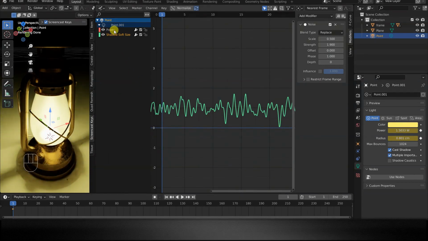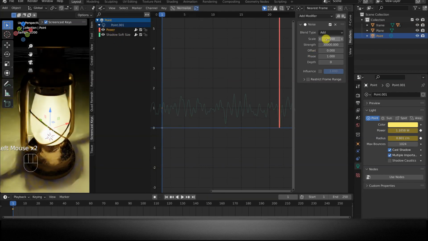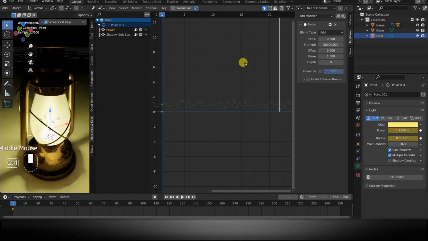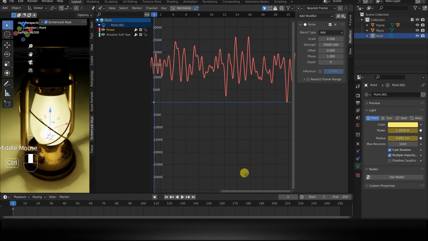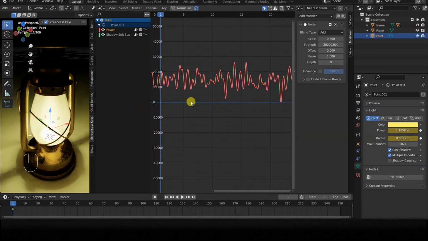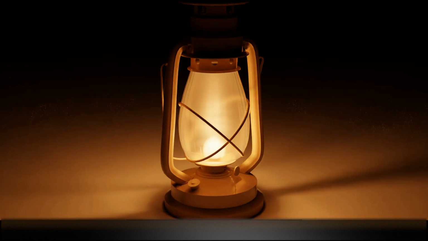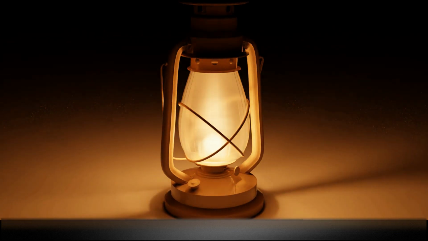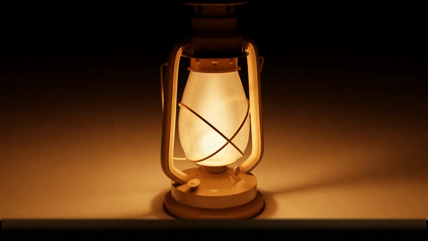Before starting the new rendering, I also set the value of the scale parameter of power to 0.5, so as to have more sudden variations for the intensity of the light source, as well as for its radius. On the screen, I am showing the final animation obtained using the noise modifier on both the power parameter and the radius parameter, with the modes that I described earlier.